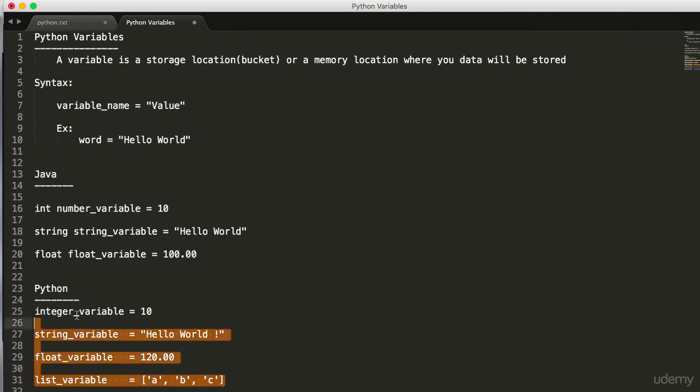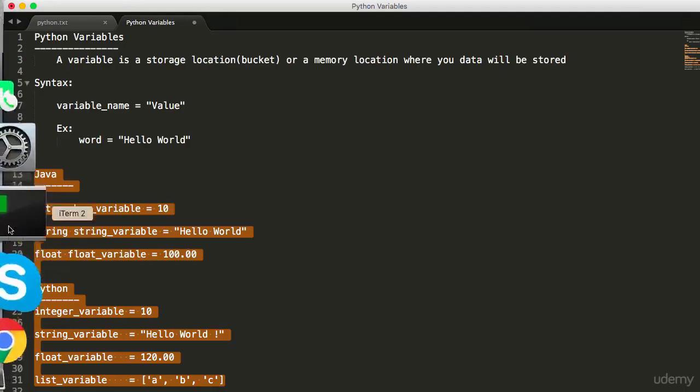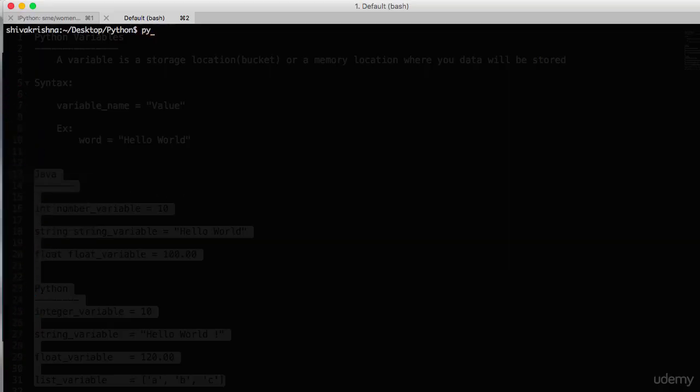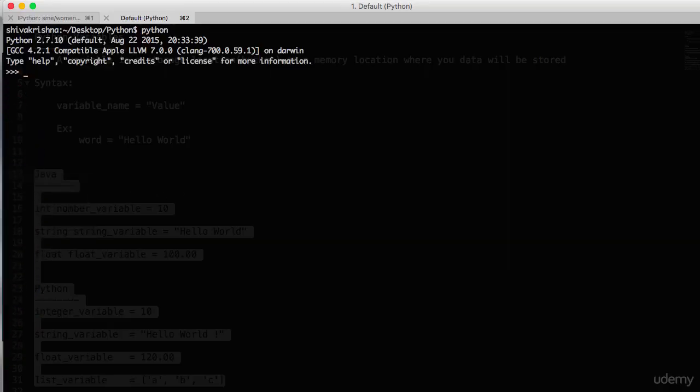Let's implement these examples programmatically through the interpreter and also through a script. Open the terminal and open the interpreter. Okay, we are in the interpreter. Let's create some variables with different data type values.